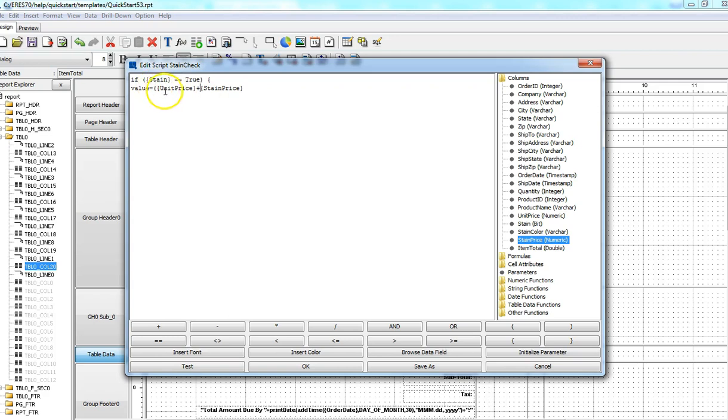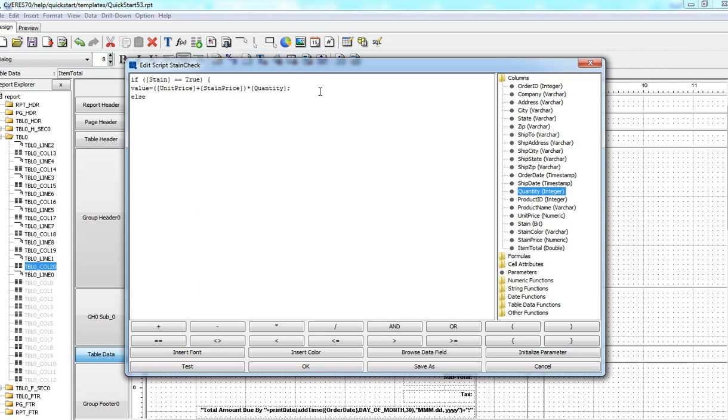Unit price, plus stain price. I need to close the parentheses here, and then add times quantity, times the quantity, which is this field right here, and